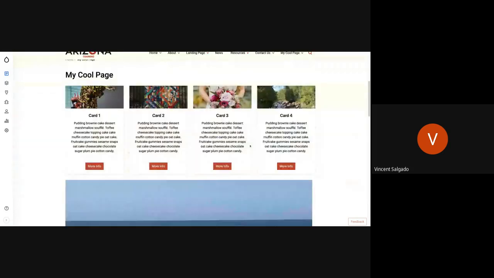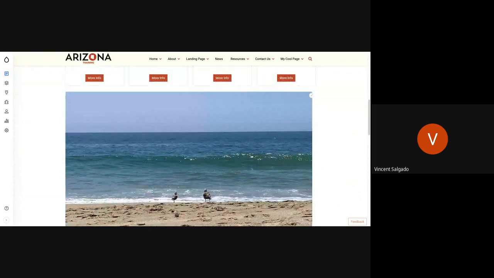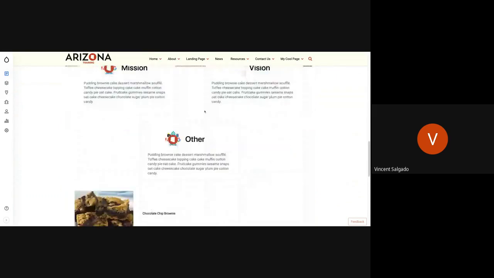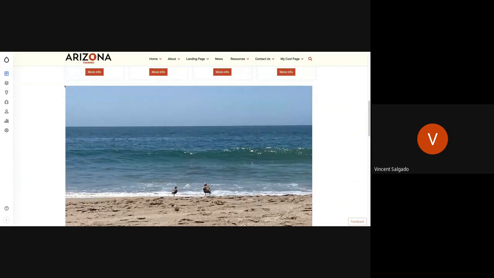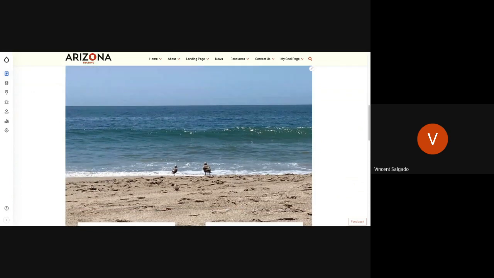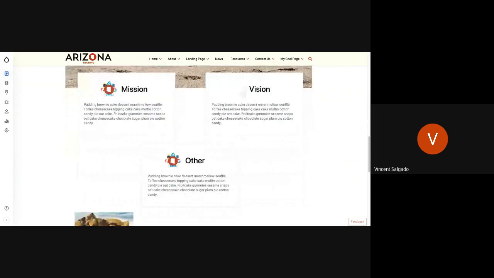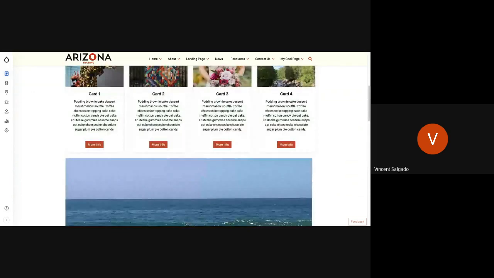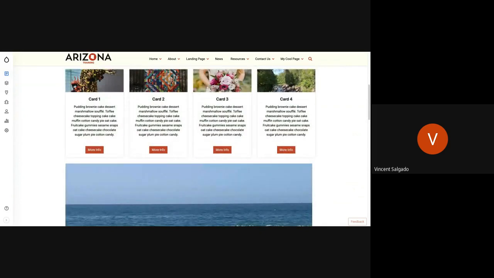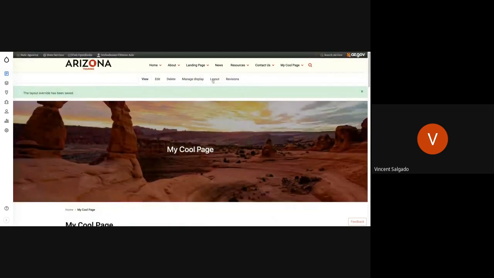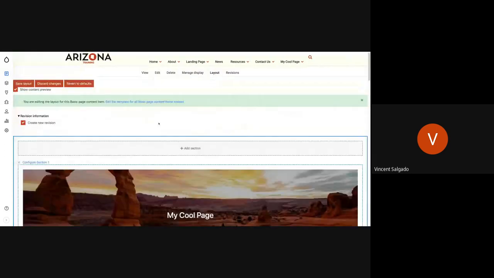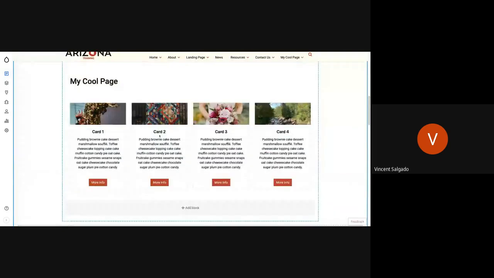One of the first things you might notice as you start building new sections, this one in particular is not the worst, but you can see that it does start to squeeze together sometimes. When you are creating different sections and adding blocks, they could squeeze together. So we can start expanding the white space in between certain sections. If I go back into the layout builder and go to this section in particular,